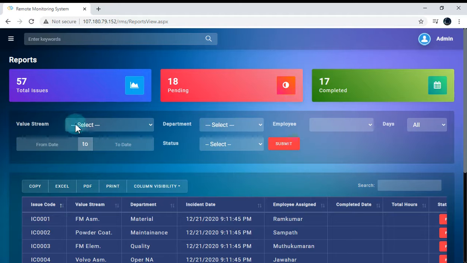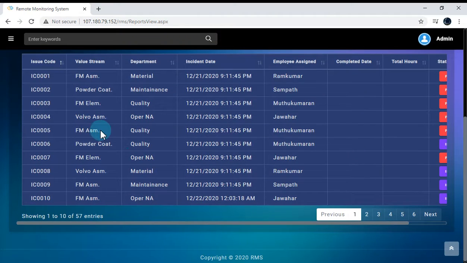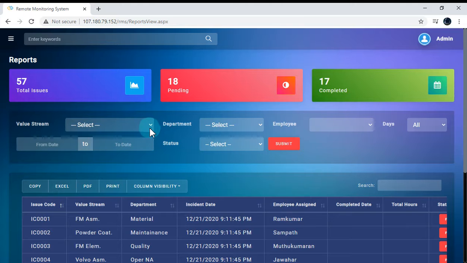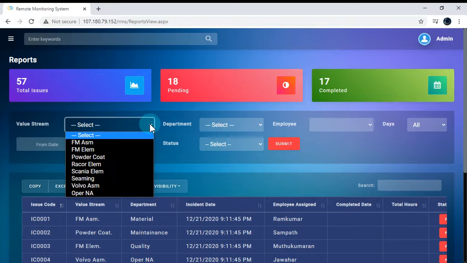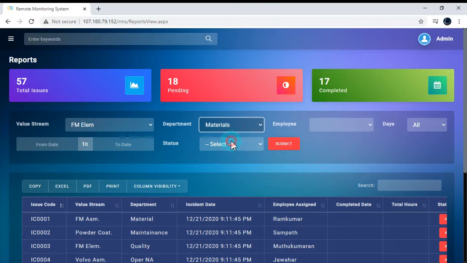Based on the input or parameters which you select, the data will be displayed in the grid below. So this is an either or conditions. So wherein you can select whichever field you want and filter the data accordingly.